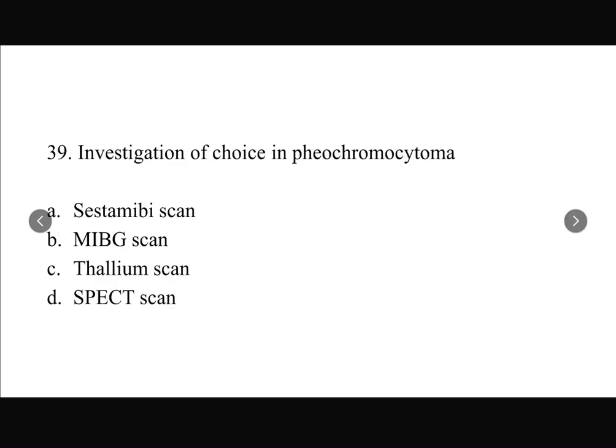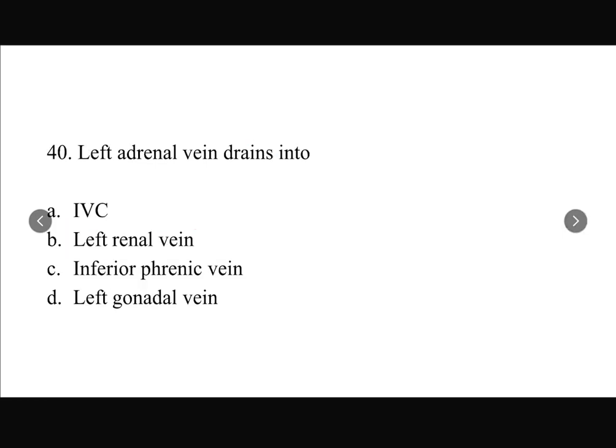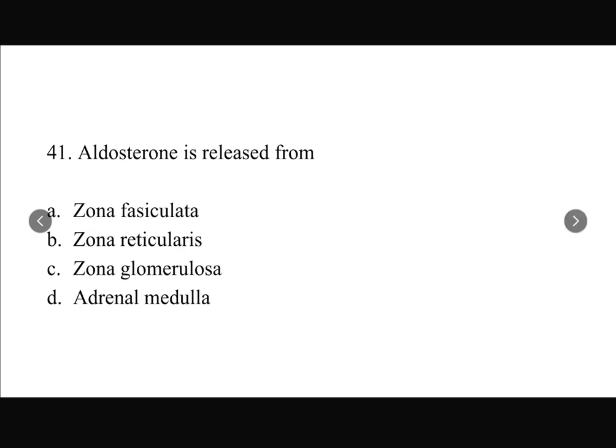The investigation done in pheochromocytoma is the MIBG scan. The left adrenal vein drains into the left renal vein, whereas the right adrenal vein directly drains into the IVC. Aldosterone is secreted by the zona glomerulosa, the zona fasciculata secretes glucocorticoids, and the reticularis secretes sex steroids, and the adrenal medulla